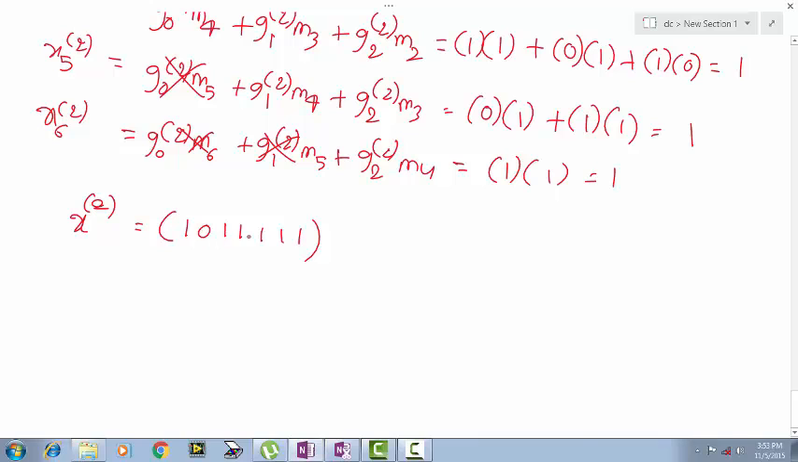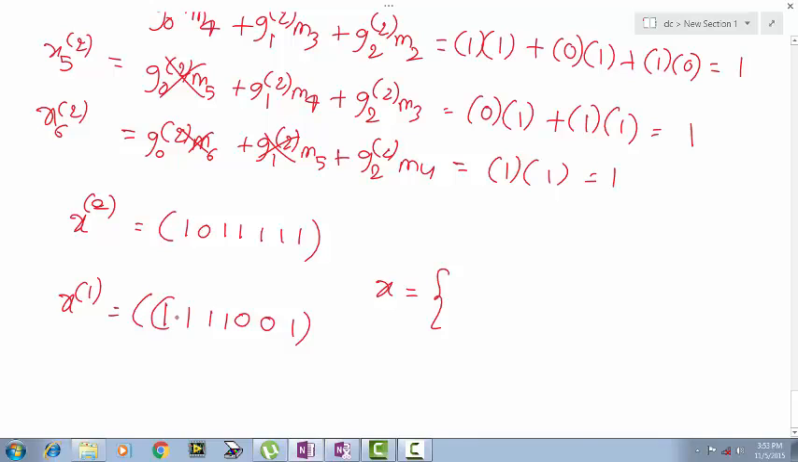So 1 2 3 4 5 6 7 bits. Earlier we got the first output as x of 1 is equal to 1 1 1 0 0 1. So the multiplexer at the output switches between the first output and second output. So the final output x is given by